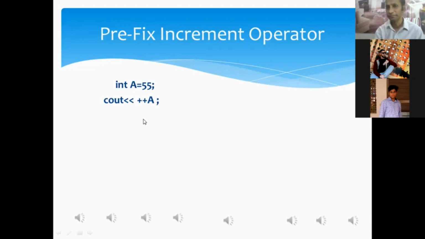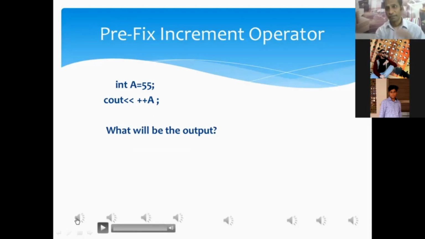Okay, my dear? Now do tell me, Mr. Ibrahim Bilal, what will be the output? 56. Do I lock it? Are you sure? I think so. Think so or not? You must be deadly sure.